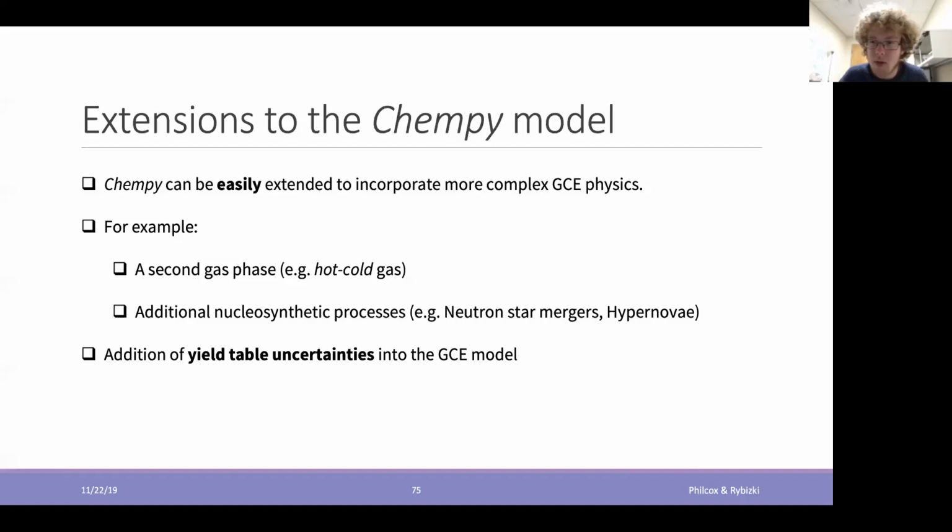I just wanted to ask, what do you think? How important are they? Because of course we could run Chempy several times, sampling from the uncertainties, but I don't know if that's a feasible approach and if that would be necessary to do.